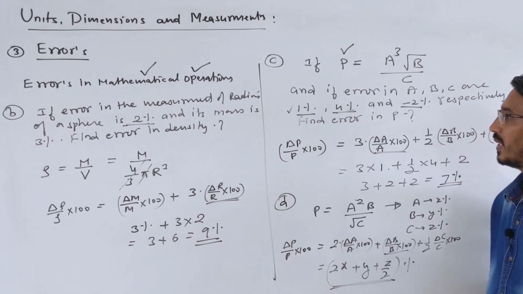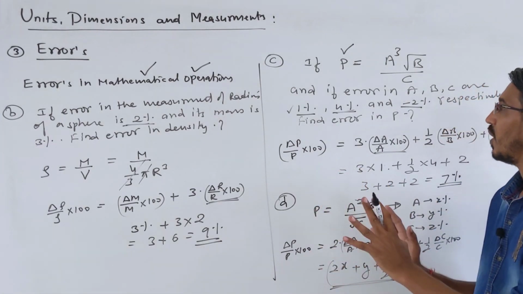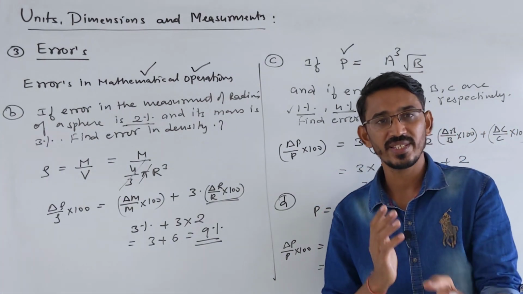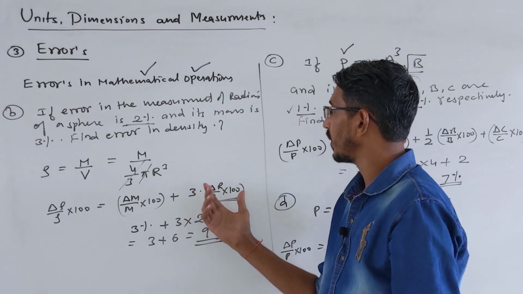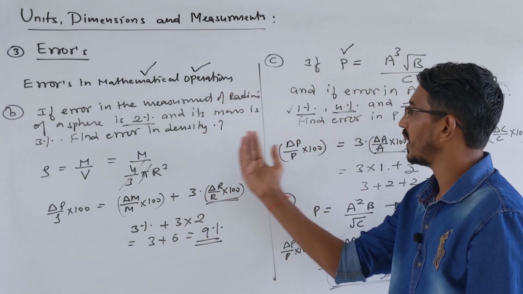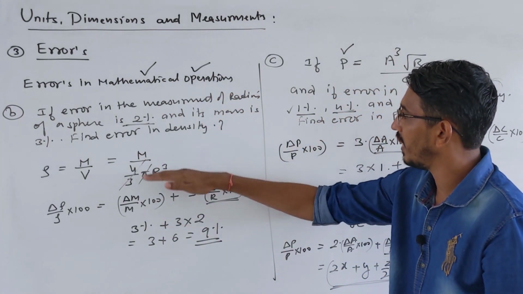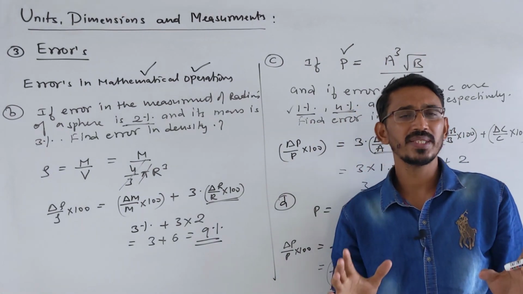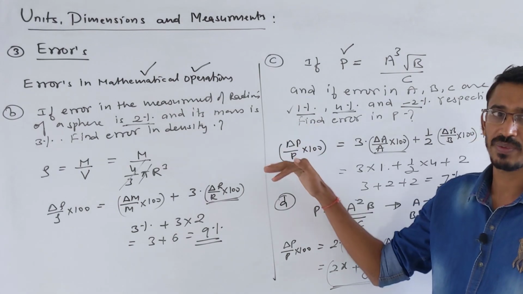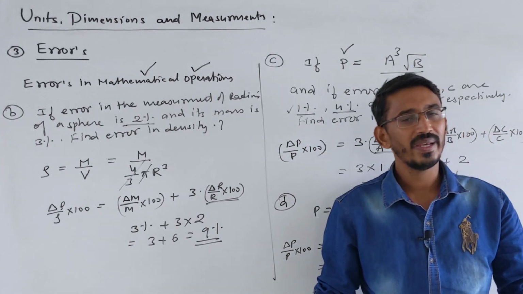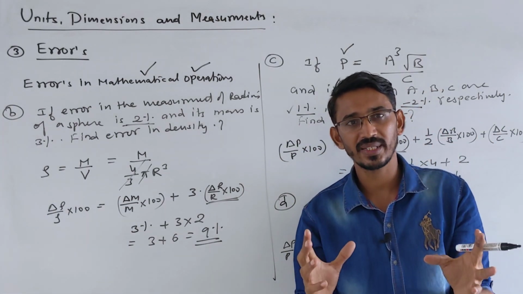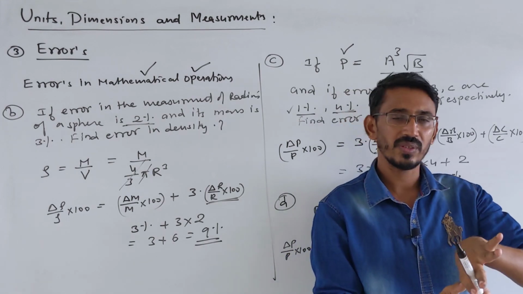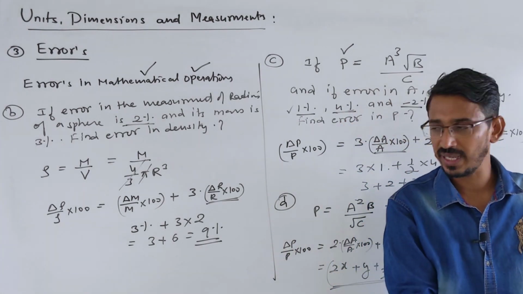Done. Correct. So this is the first way of asking, means percentage error is directly given, and what type of operation are we talking about? We're talking about addition, multiplication and division type of thing. Something divided, something multiplied, right? That type of thing. And maximum times, 95%, they have asked only this type of questions. The second part where some things are added and subtracted and we have to find the error, that's not much important, but we'll talk about it at the end. Okay.